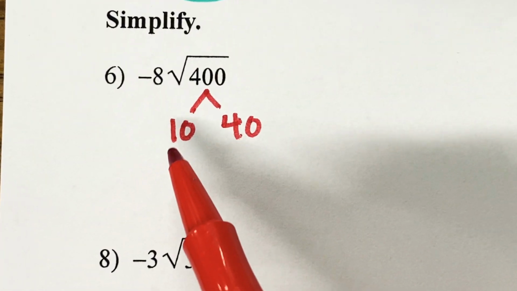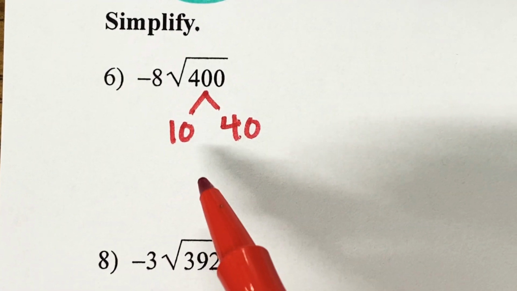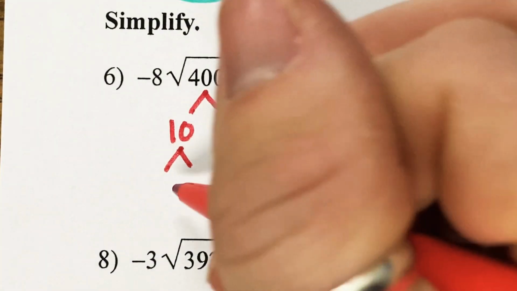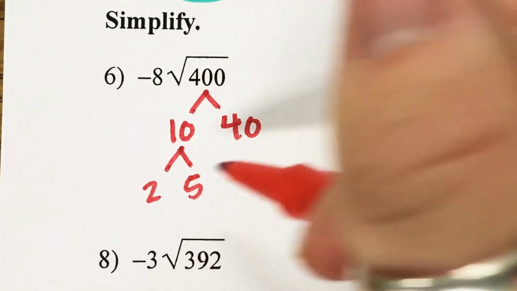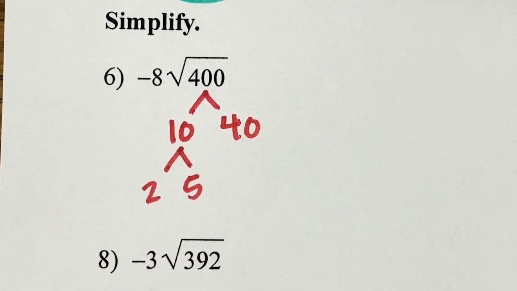How can I divide 10? Because we're trying to see how many pairs we can get out of this. So let's divide 10. Because it's even, I'm going to divide it by 2 and 5. 2 times 5 gives me 10. But how then can I divide